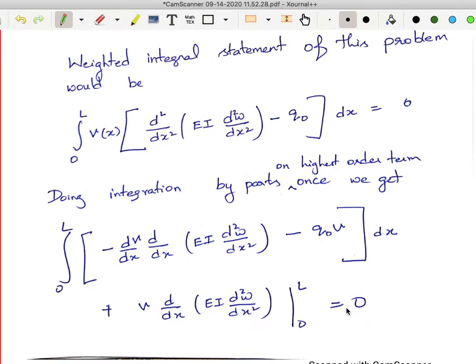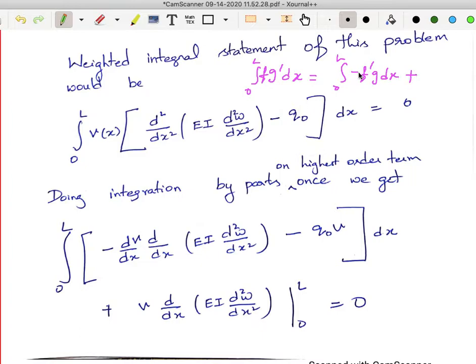Now this business of integration by parts, you have to sort of remember the sequence. So what is the sequence? If you have the integral over the domain, let us say 0 to L f into g dash dx, what will this become? This will become integral 0 to L, you are transferring the derivative from g to f, there will be a change in sign, so minus f dash g dx